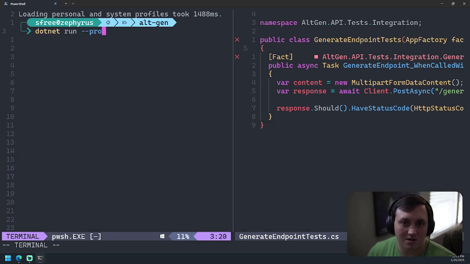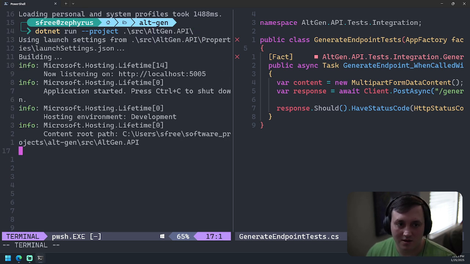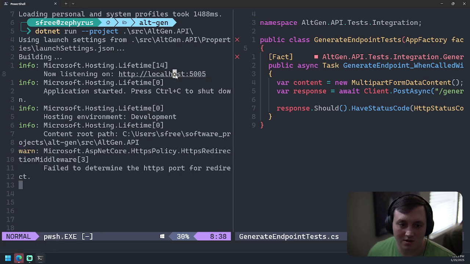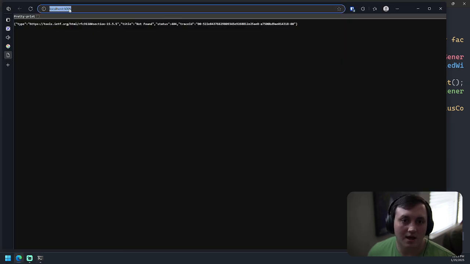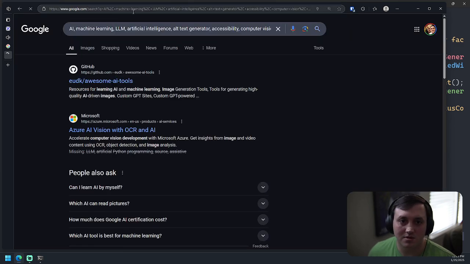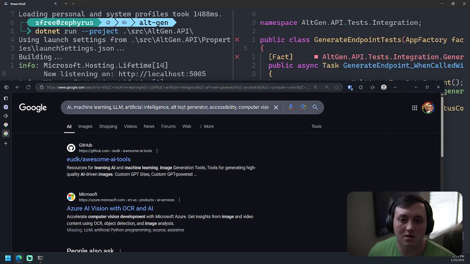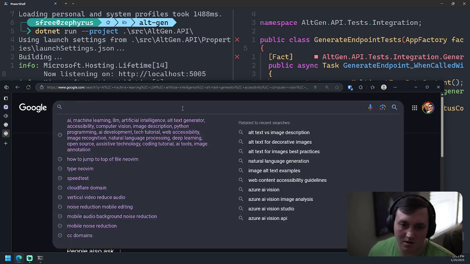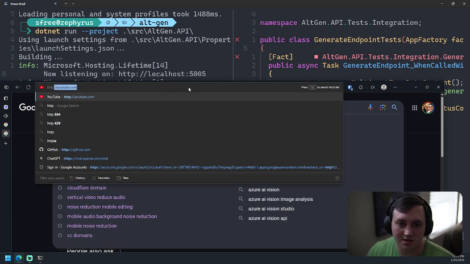Run dash project source alt text API. So if we navigate now to our root, now we will see.